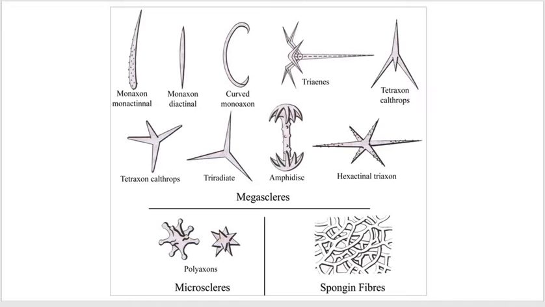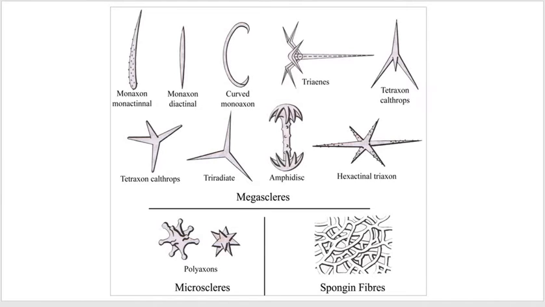Now the spongin is made up of scleroprotein, and such scleroprotein is associated with sulfur. Now spongin fibers are secreted by specialized mesoglial cells, and such specialized mesoglial cells are called spongioblasts. Now spongin occurs in various forms in the case of Desmospongiae. Particularly in desmosponges, such spongin fibers are commonly present.